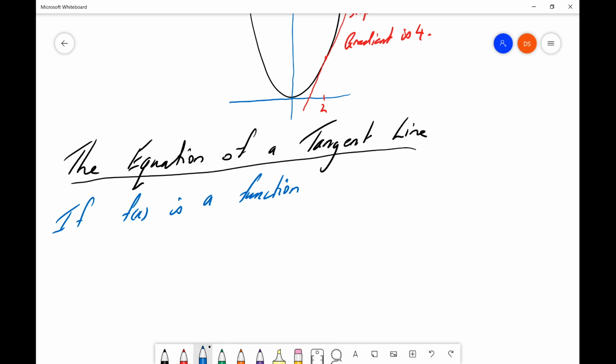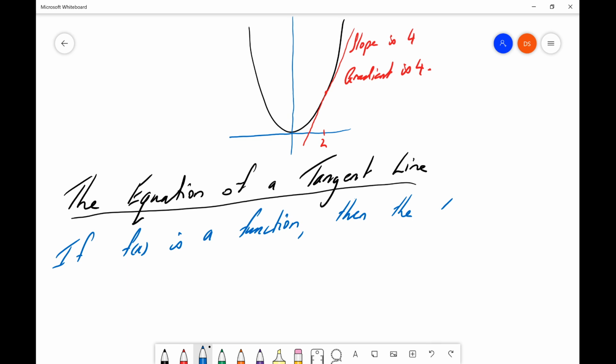If f of x is a function, once again, thanks guys, that's really helpful. Then the equation of a tangent line through a point